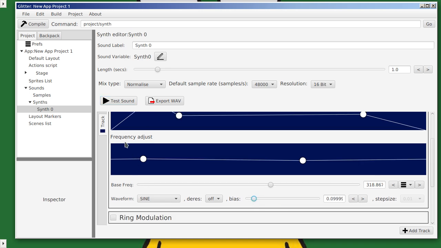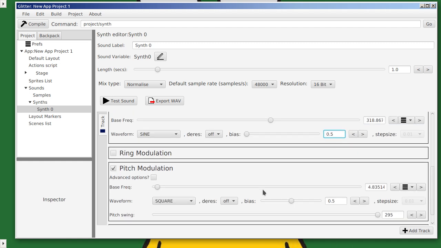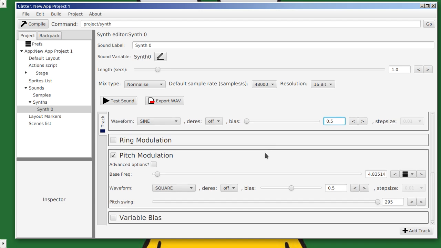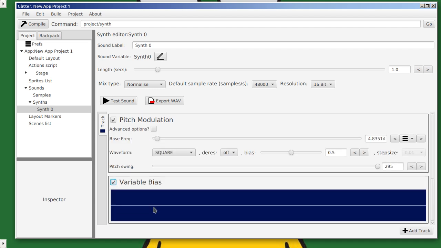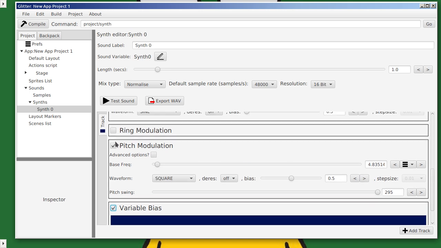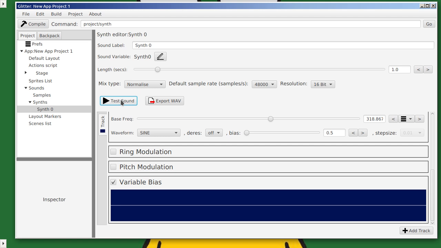If you change it here, it changes the sound quite noticeably. I'm going to have to go back and type that in. At some point when you right mouse click on that, the options will come back for resetting to sensible values. As I said, this is an ongoing thing, so this is just a start, but you can actually do a variable bias. So if we turn that off,